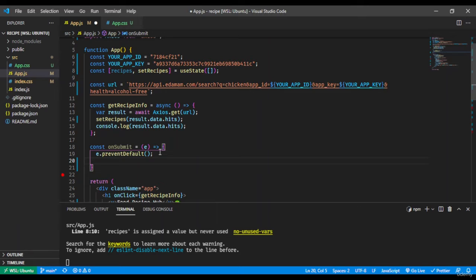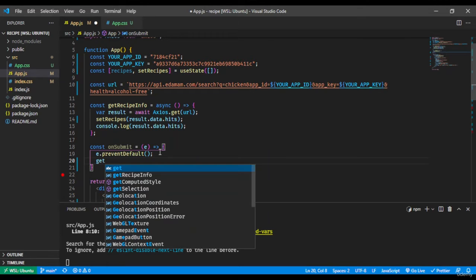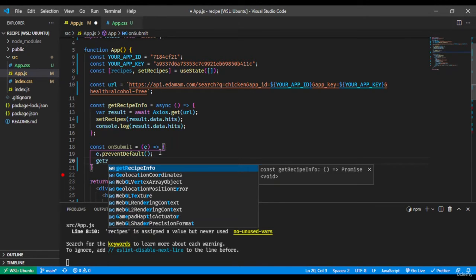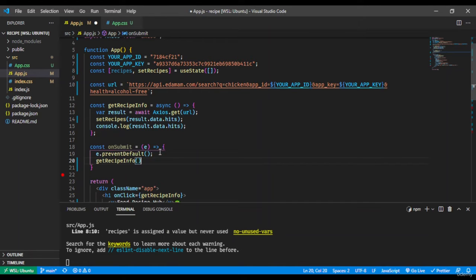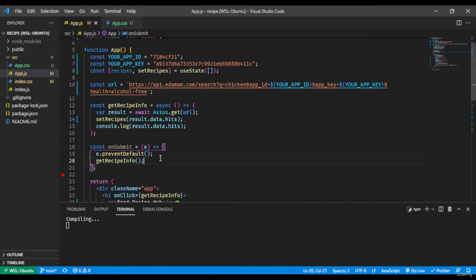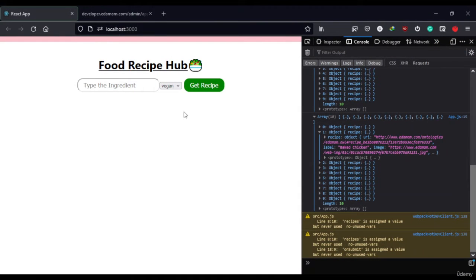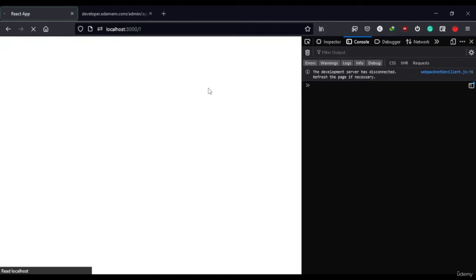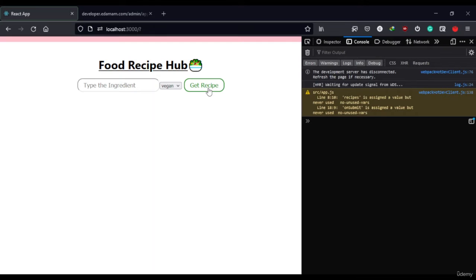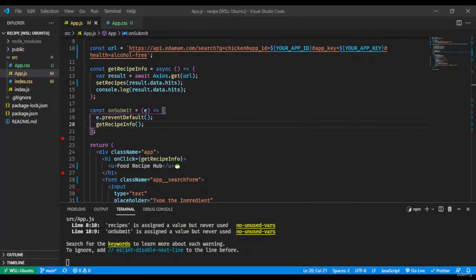That's it. And also when we submit the form, I want the data. That will be get recipe info. So that's what we want. I'll just save it. When I go back here and press enter, okay, it's reloading. Something is wrong. Something is wrong. So when we go back here,